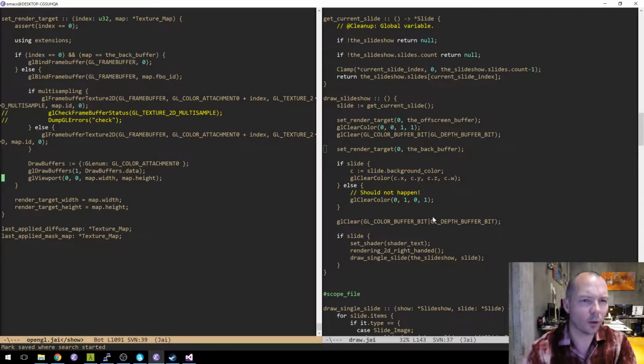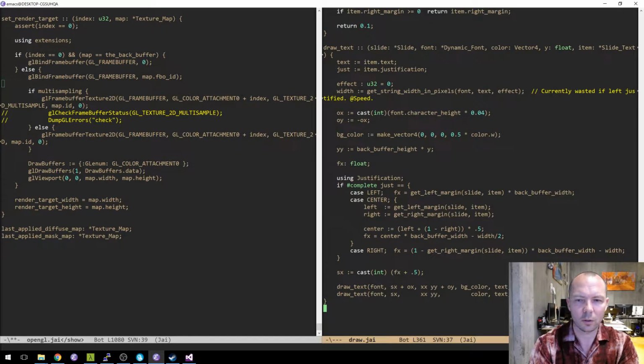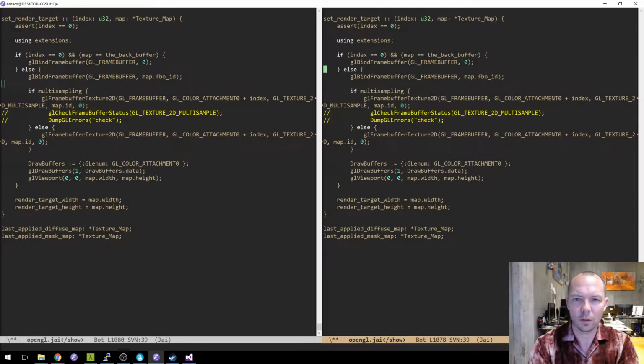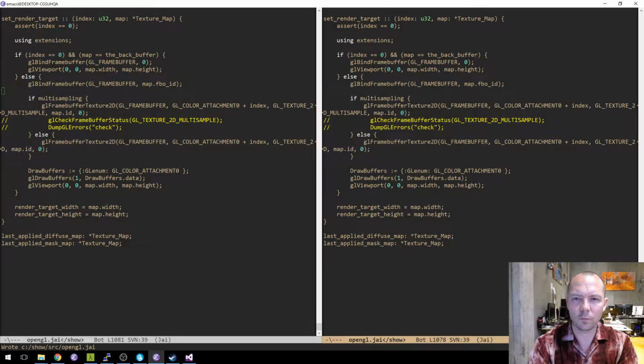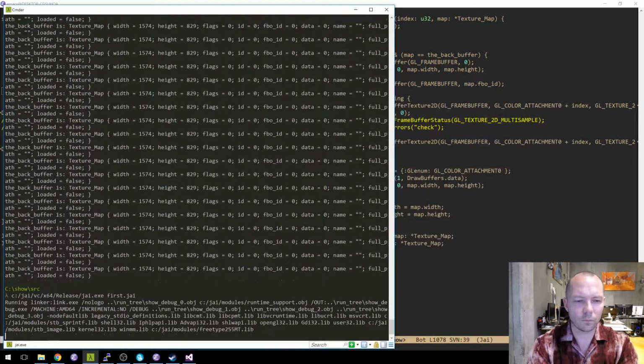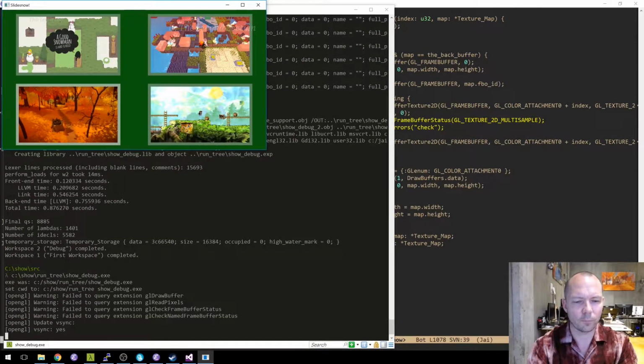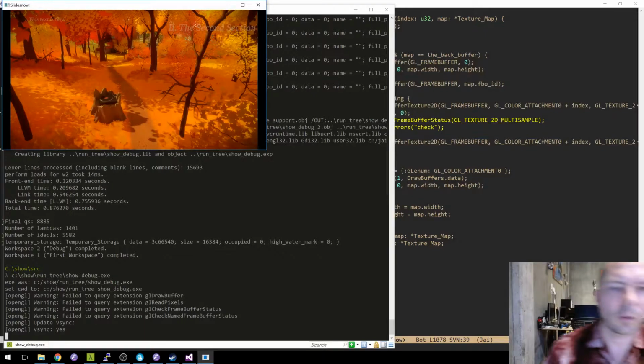Why am I not calling GL viewport back here? I suspect that's a bug. Yeah. Okay, so that's fixed.